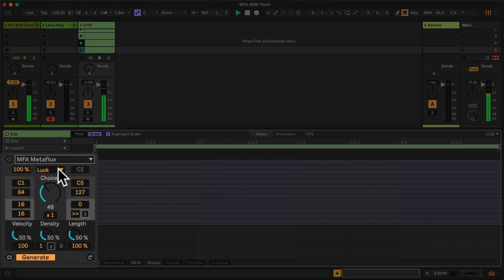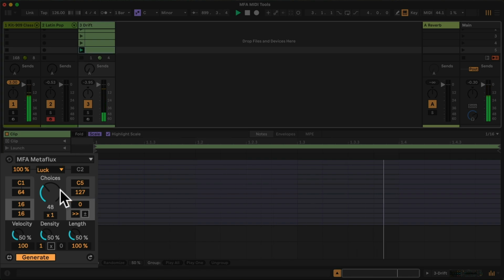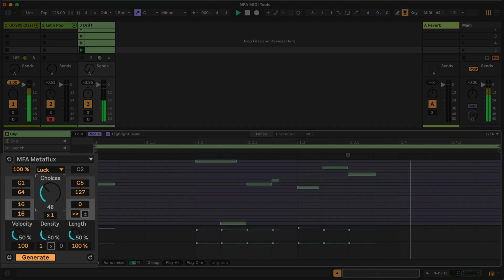And we've got a randomization mode with all these different algorithms to choose from, and the number of choices available to us within the selected note range. So I'll start playing this clip, which is empty, and as soon as I adjust this,